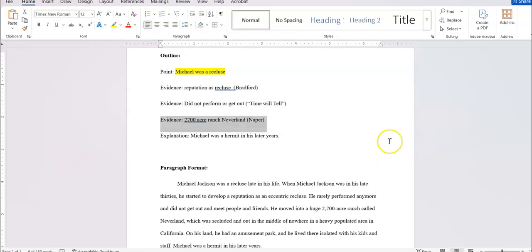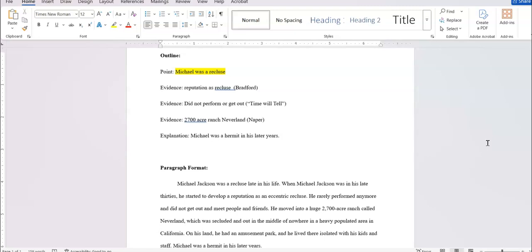Now, you're going to need evidence to prove that. And so once you begin searching for your evidence and you start to pull that over, put that right up under your main point. Now, you're going to need a lot of evidence. This is a 2 to 3 page essay. If this is your only point, you'll have a lot of evidence. You may have 2 or 3